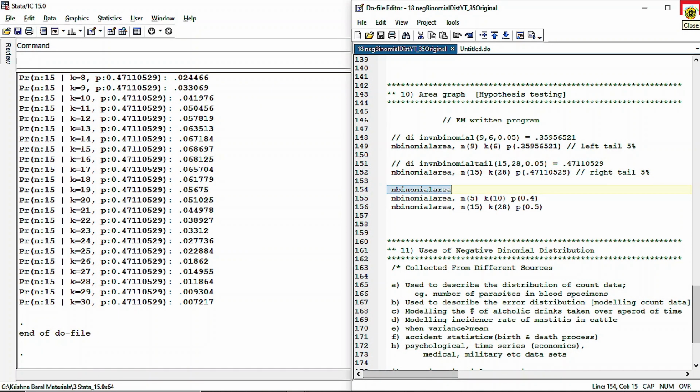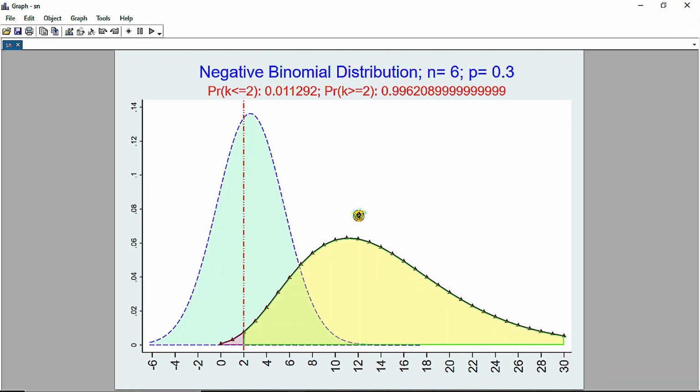and binomial area. So in this condition, again, our null hypothesis is k equals 2, and for the one-tail test, our alternative hypothesis would be k is less than or equal to 2 or k is greater than or equal to 2. And as per our graph, if we see this area, it covers almost a major portion of this binomial distribution. And for this situation, we fail to reject our null hypothesis,